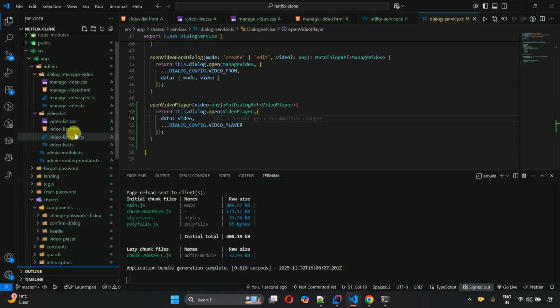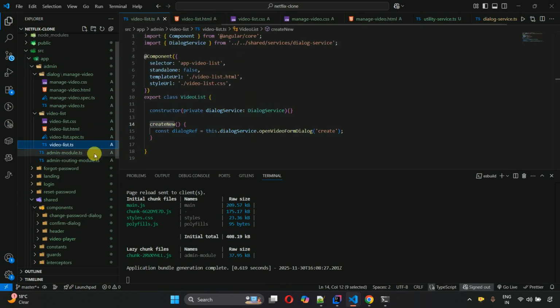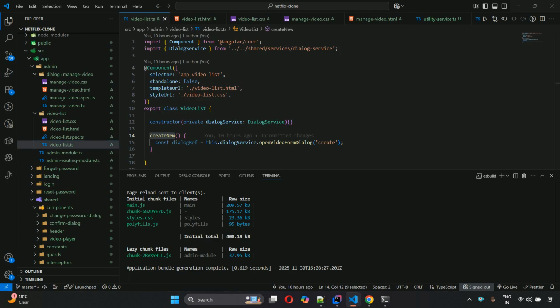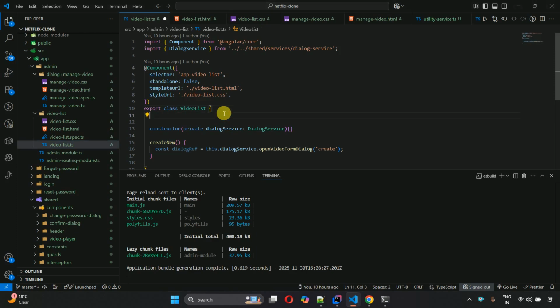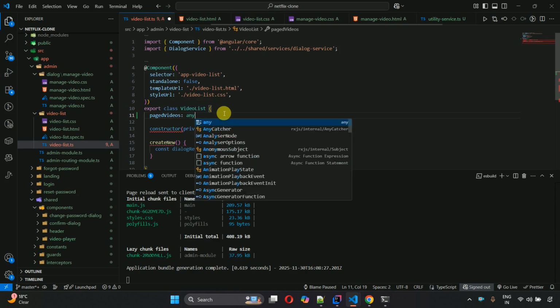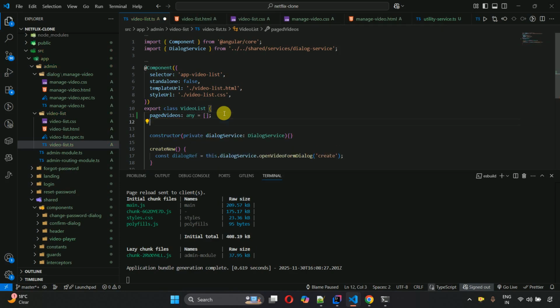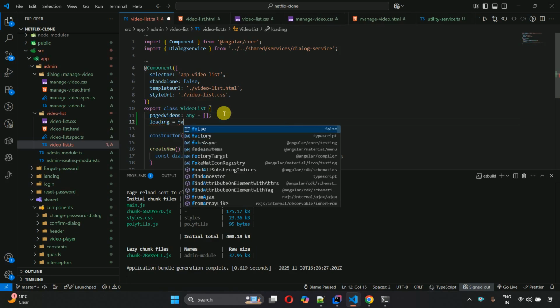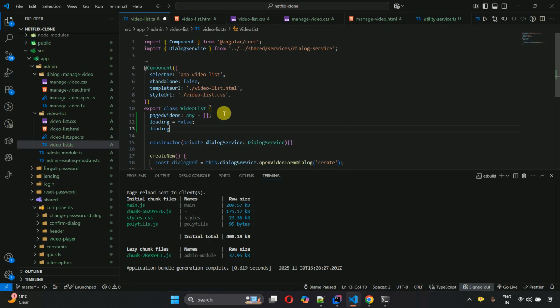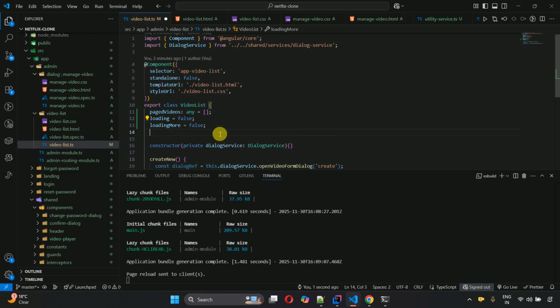Now we have to get back to our video list.ts file, and in this one we basically have to write the code related to showing all the videos. So here pagedVideos, and it could be of any type, and then loading false, and then loadingMore false, and searchQuery,